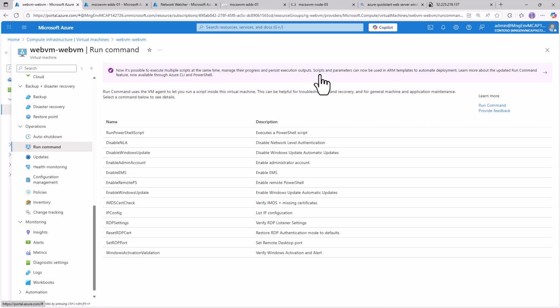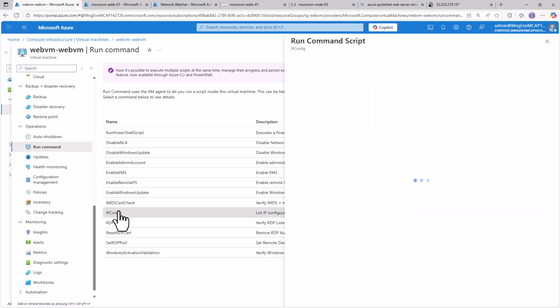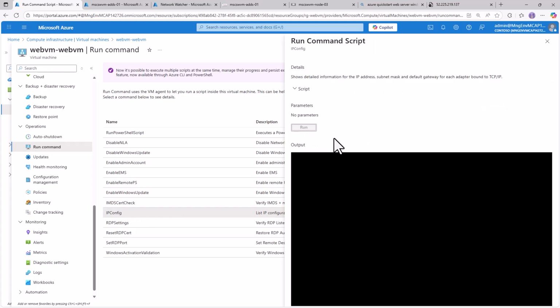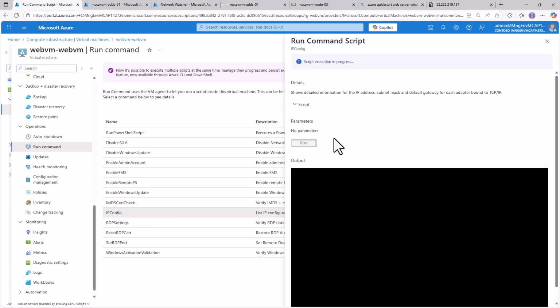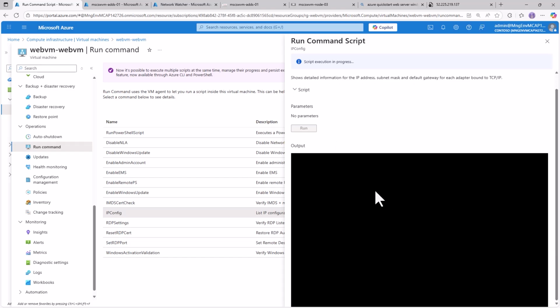So imagine I want to run ipconfig. It's super intuitive to use, where you're just going to execute the command, but instead of you RDPing into the server or SSHing, if it's a Linux machine, it already has a few of those pre-built commands in there. It typically takes about a minute before this is going to show up. And then over here in the console, you will see the outcome of it. You can run